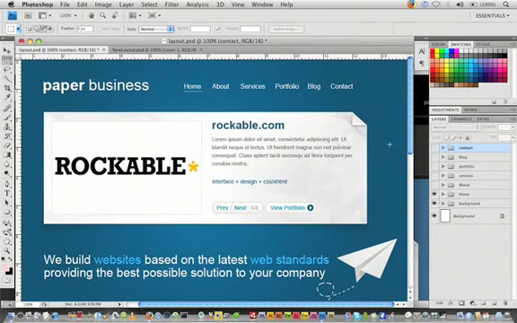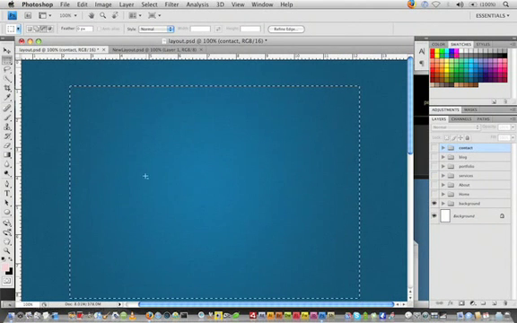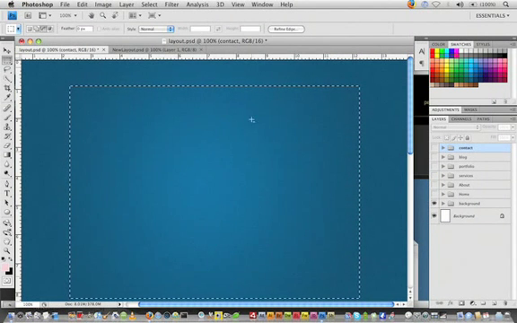Okay, let's talk about images now. I think that's all I wanted to talk about on the home page for now. If I hide that and look at the background here, I'm not sure if you're not in full screen if you can see this, but I'll use the marquee tool to demonstrate this. Right about here, sorry about that, there's a big radial gradient here that's giving it a nice lighter blue glow that